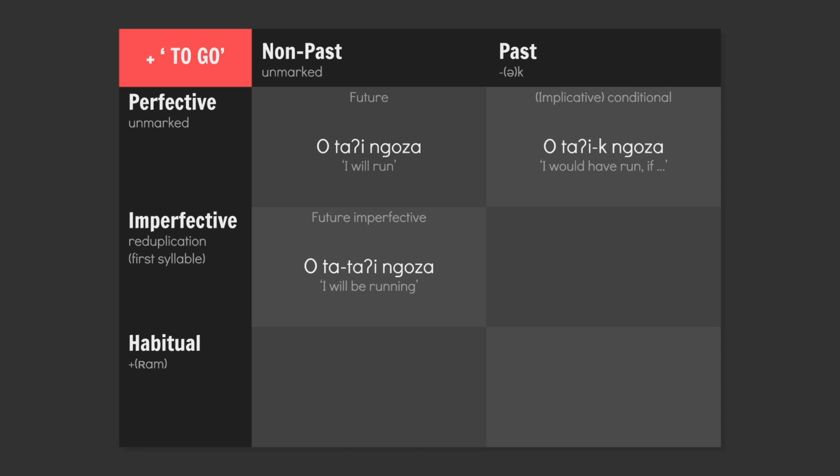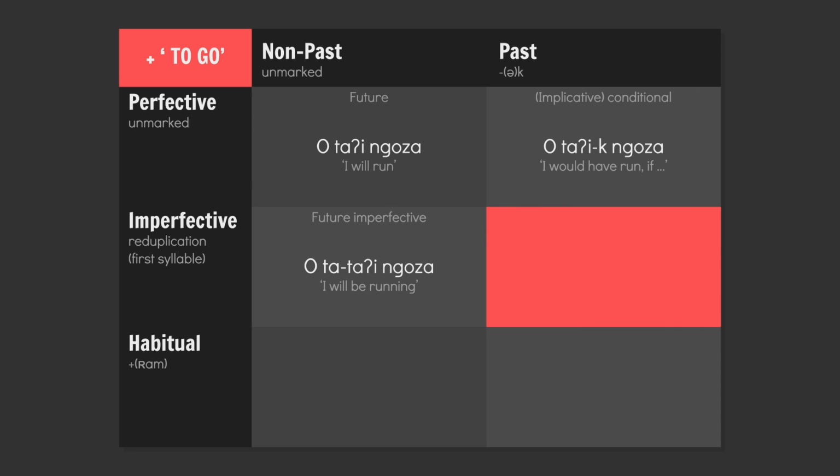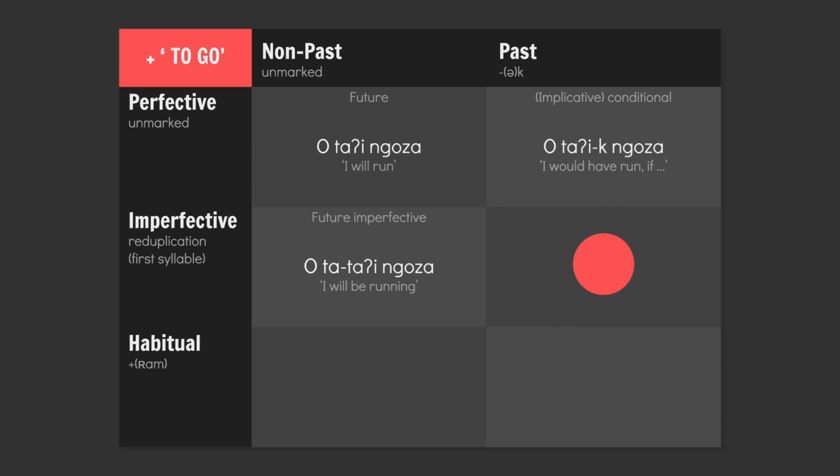Precisely. Meanwhile, if the ta'i auxiliary is used in the past imperfective, it may have a slightly different implication. Using the past imperfective of ta'i would literally mean I was going to do something, which signals that, from the standpoint of a past time frame, an action was going to take place in the future, but may not have actually happened, creating what's called an irresultative aspect. Cool, so o ta'i ngoza would mean something like I was going to run, but it started raining.